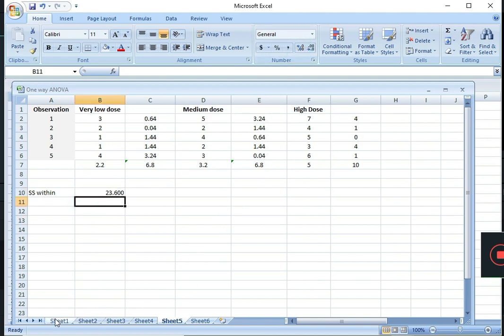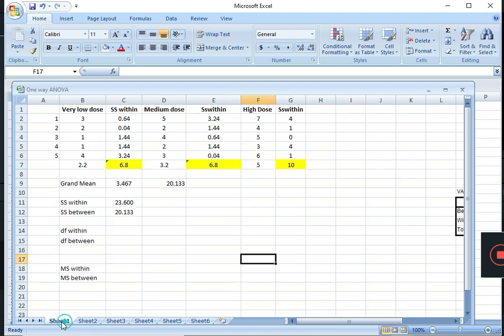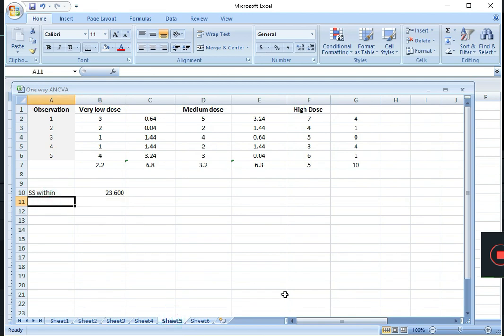So let us check whether we are correct. So I have calculated, this SS within is correct. So now we need to calculate SS between. For between, we need to have a grand mean of all the items so that we can take deviations from the grand mean.